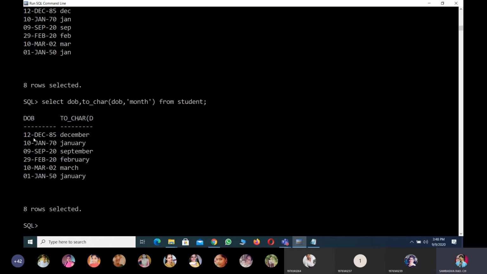Then the month's full name will be printed. DEC means December, JAN means January, like that. If it is pattern matching, for example whose date of birth belongs to January, in such a case we have to use this function. So we segregate the month full name by using this formula.